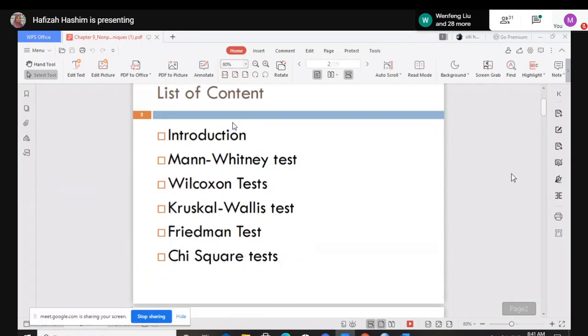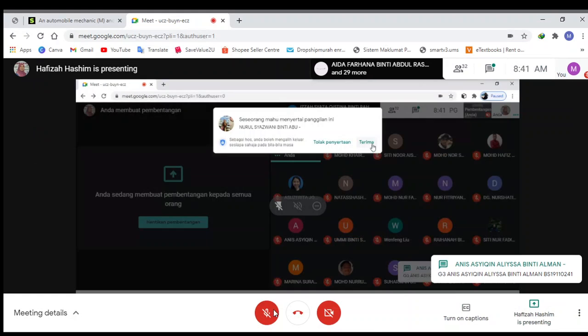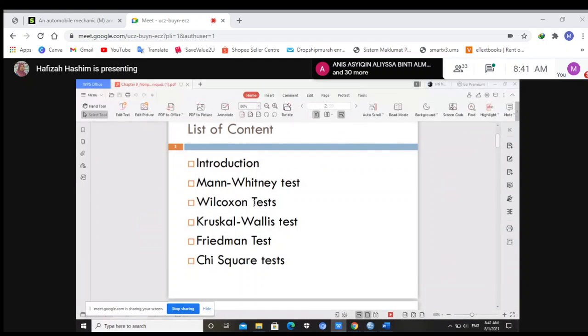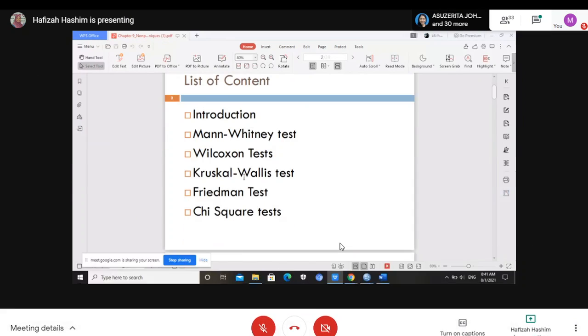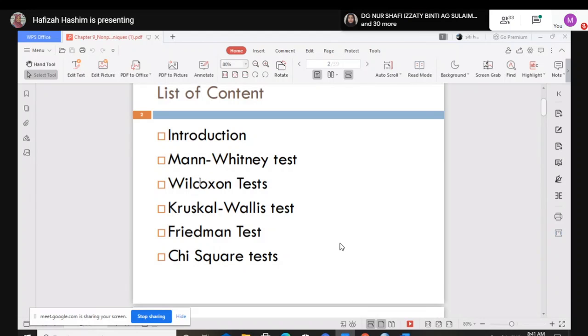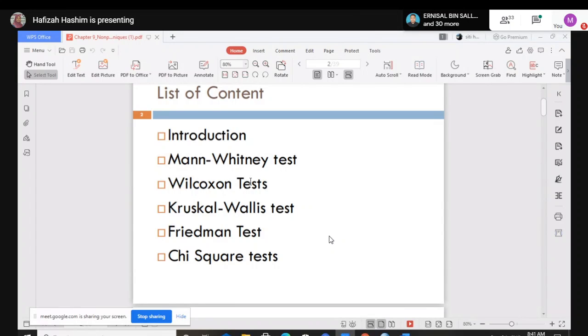Today we are going to learn about the Mann-Whitney test, Wilcoxon, and Kruskal-Wallis, also the Friedman's. There is also the chi-square inside the Friedman test output. For the Wilcoxon, we have two types, the Wilcoxon rank and Wilcoxon sign. The difference is Wilcoxon rank is for independent groups, Wilcoxon sign for dependent groups.